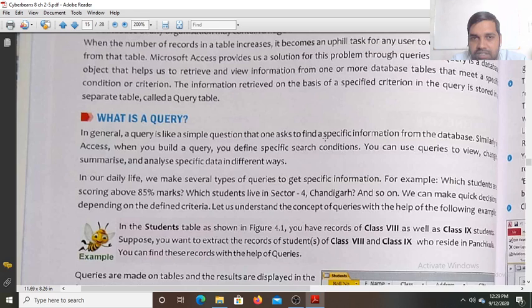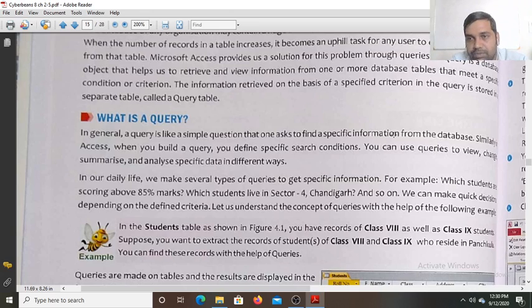Similarly, if I want the information of a particular record, at least one field value I must know. That is my ID you are knowing. So similarly, in every table there is one field which is called the primary field or primary key. That is the ID of each record, through which each record of the table can be uniquely identified.